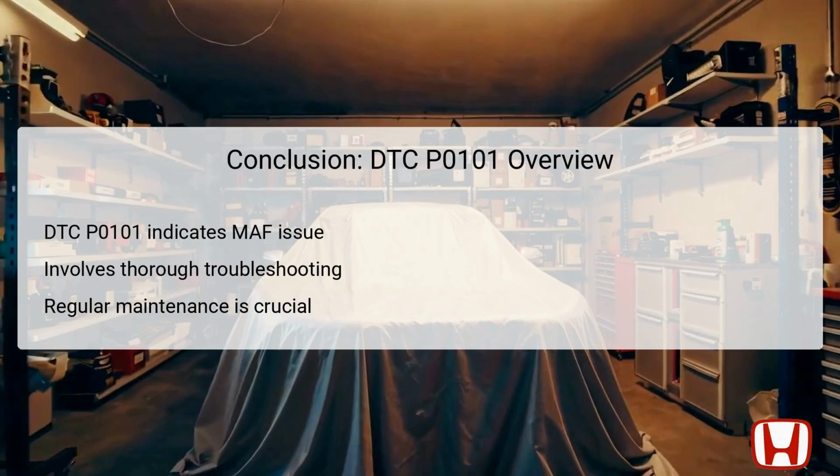Through careful troubleshooting steps, technicians can accurately diagnose and correct the issue, while verifying that repairs are successful. Preventive maintenance also plays an essential role in ensuring long-term performance and reliability of the MAF sensor circuit by identifying potential issues early. Understanding the nature of this DTC allows drivers to maintain better engine health and overall vehicle